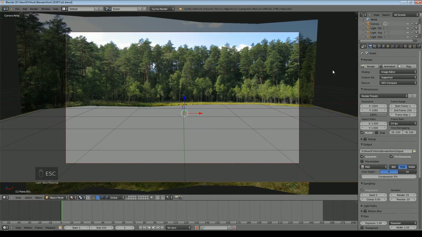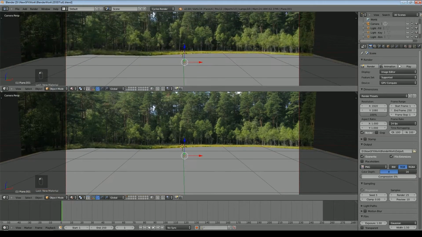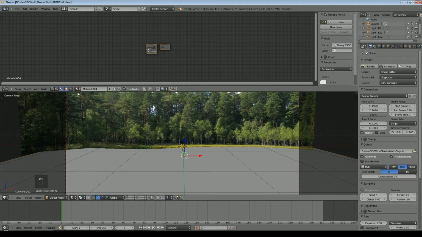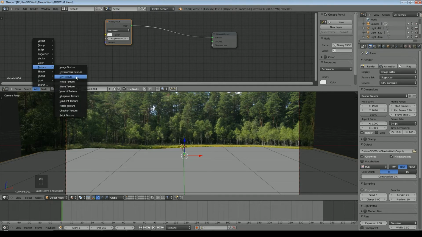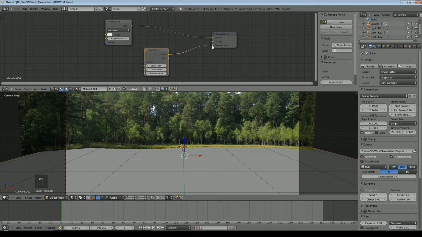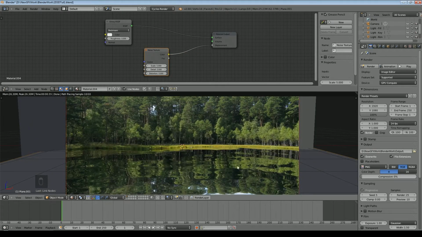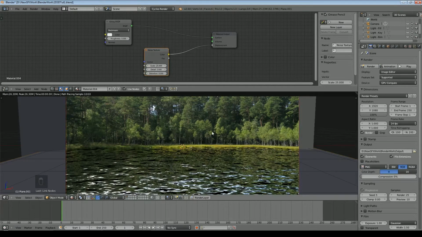So the next thing that we're going to do to the water is open the node editor. Don't be afraid of the node editor. There's a lot of things you can do with it, and once you get the basic concept, it's pretty straightforward. So we need to add a displacement to this surface, which will begin to make it look more like water. So I'm going to add a texture, which is going to be a noise texture. If we just plug that straight in and have a look, you can see we're already getting, well, ripples really. It already begins to look like water, but it's not quite what we want. It's certainly too low a frequency at the moment, so let's put that up to 25. Very choppy water now, but certainly still looking much more like water than it was.